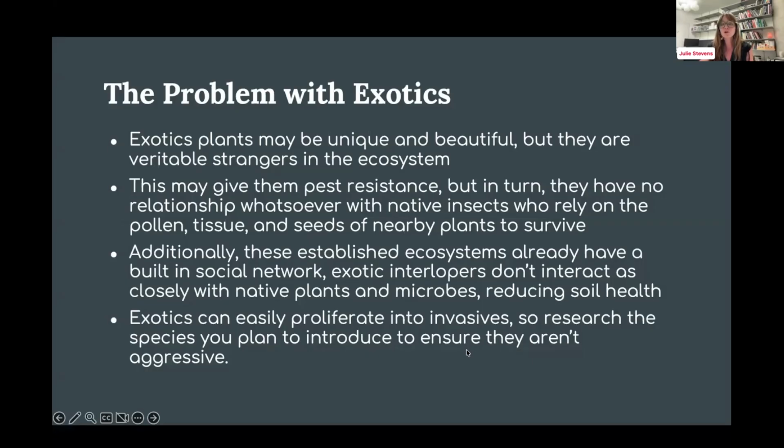We also don't know a lot about the relationship that exotic plants have to other species. So I like to tell people, I love it when the cedar waxwings come and eat crab apples off my tree, but we're not really sure if those crab apples are as good of a food source as the native plant would have been, our native Malus ioensis, or are they eating Skittles or the equivalent of Skittles? So we just don't understand all those relationships yet.